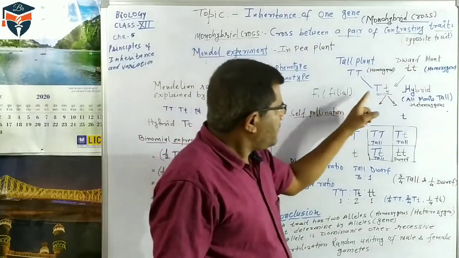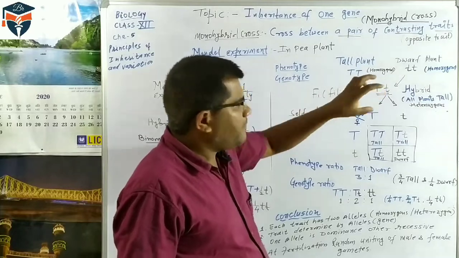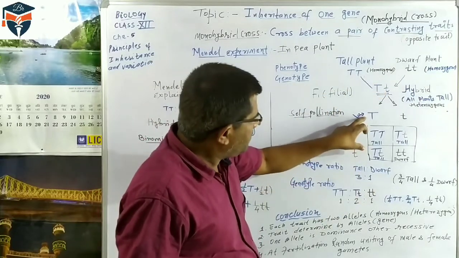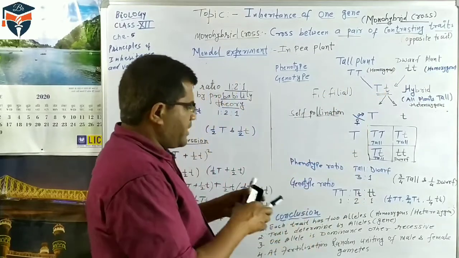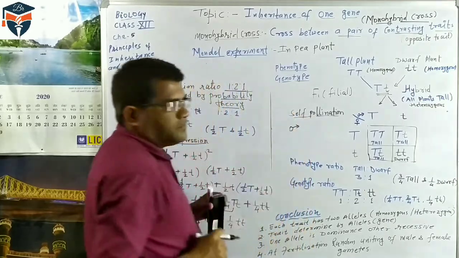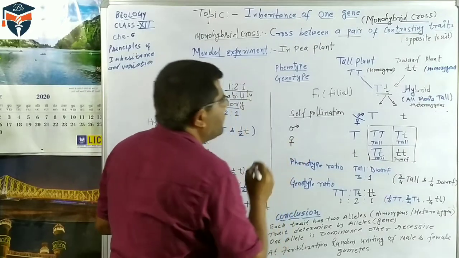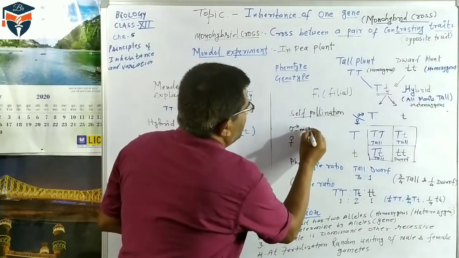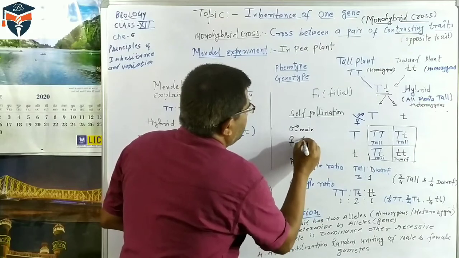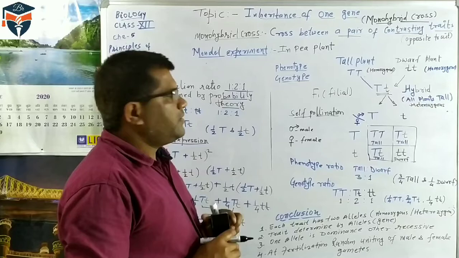Now the F1 generation hybrid, this same hybrid of the one male plant, this indication is a male plant. So this type of indication indicates the male flower, and this indication is of the female flower. So it may be for the plant also, it may be for the animals also.